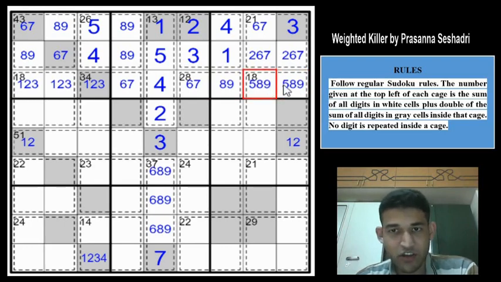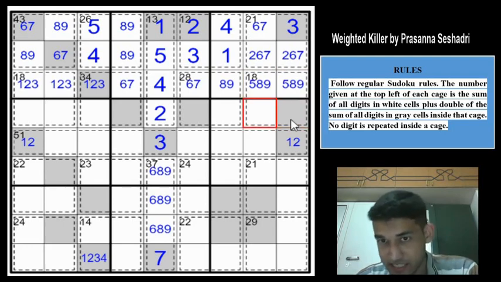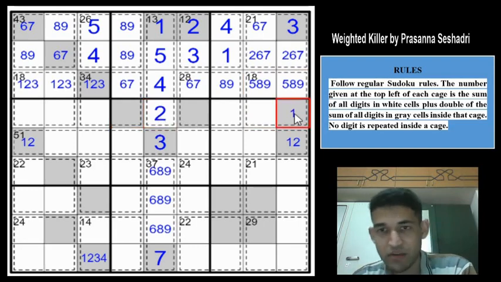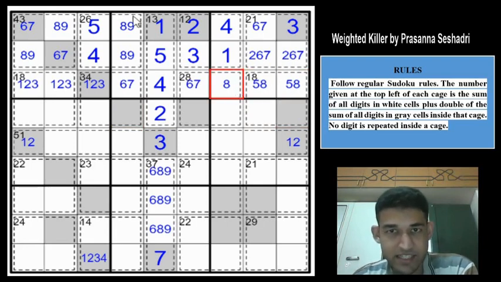Can the 5 go with the 9? Not possible, right? When you have 5 and 9 you get a 14 and we need 4 from these cells, and this cell will be double in value. So even if you are to put a 1 here, you will get a 2 from this cell, and 14 plus 2 is 16, and again we need a 2, but 2 is already here. So we can eliminate that option. So 5 cannot go with the 9, 5 would have to go with the 8, which means that this will be a 9.